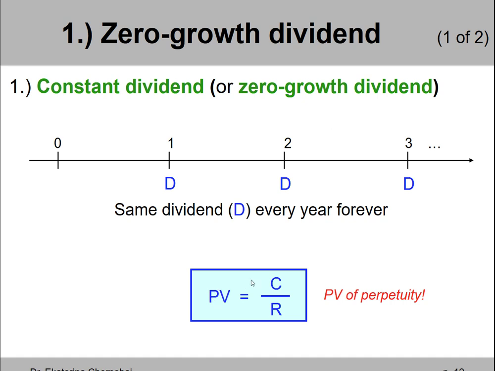We had it in chapter 6. The formula says, take the cash flow amount and divide by the rate of return. So in the context of stocks, the present value of a perpetuity is nothing but the price that you would be willing to pay to buy one share. And the repeating cash flow amount is our dividend amount, right?